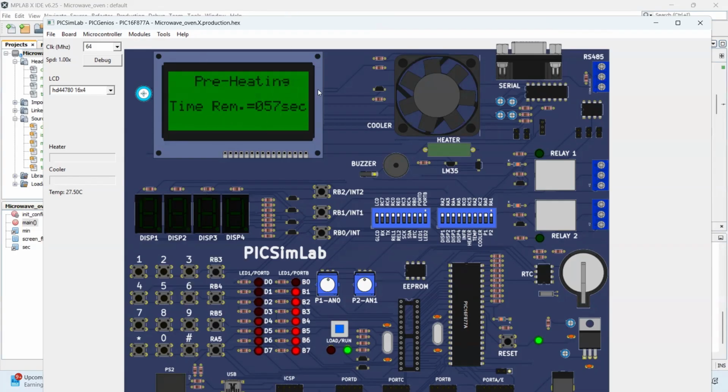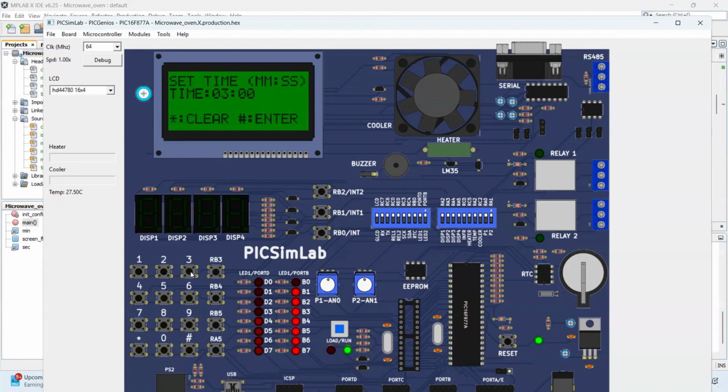It will preheat for 60 seconds and then it will ask us to set the time. Okay, so now you can set the time.